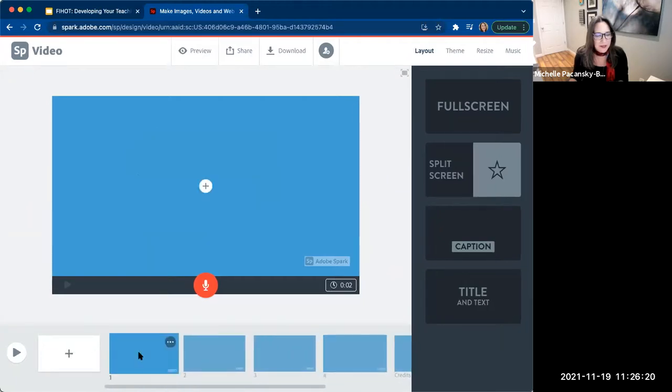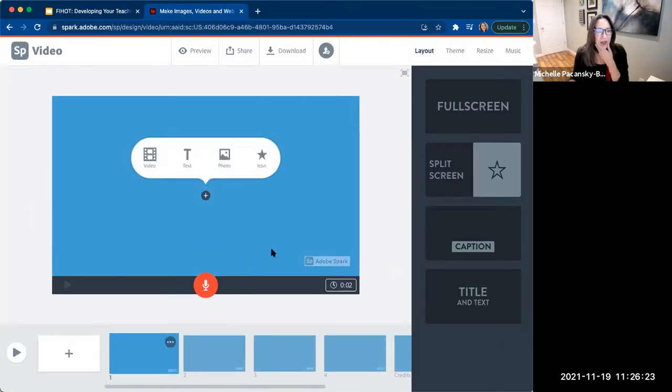So let's click on slide 1. When you click on the slide in the timeline, up above you have these options. These options where it says video, text, photo, icon, this is where you add the visual content, what people see, to your slide.